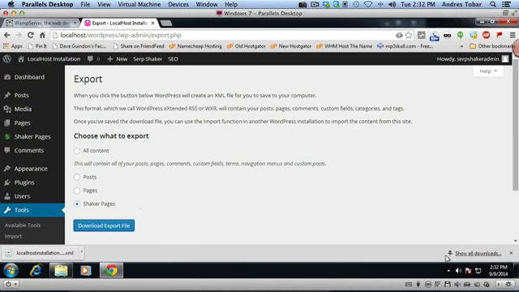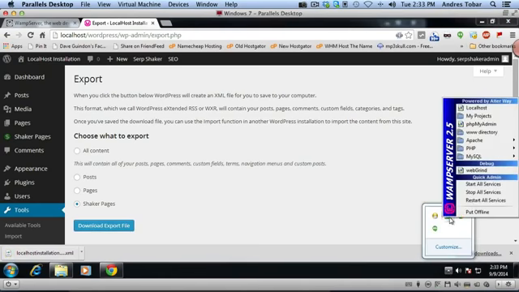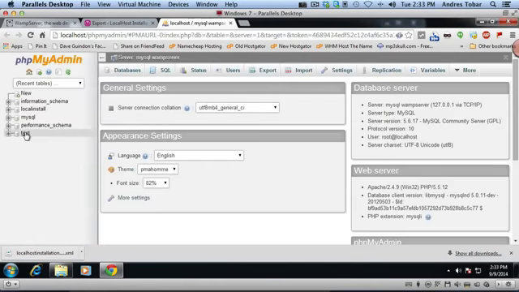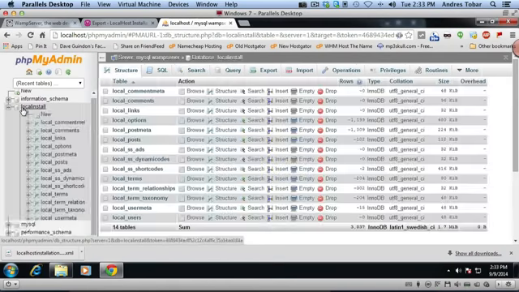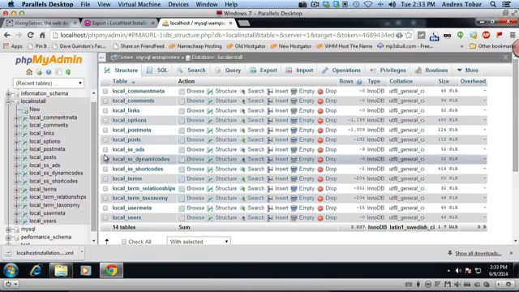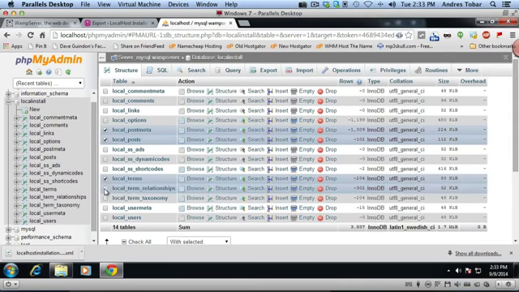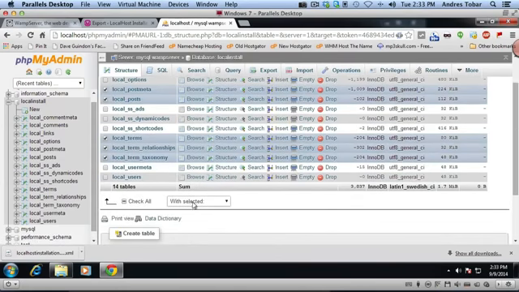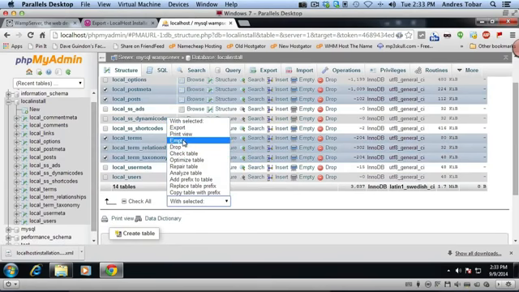And then I'm going to go down here and click the little icon. I want to go to phpMyAdmin. I'm going to look for the local install, and I'm going to select a few different data tables here. I want post meta, posts, terms, term relationships, and term taxonomy. So it's five different tables that I'm selecting, just hitting the little checkbox next to them. Then I scroll down, and where it says with selected, I want to empty. I don't want to drop, I just want to empty. If you do that,